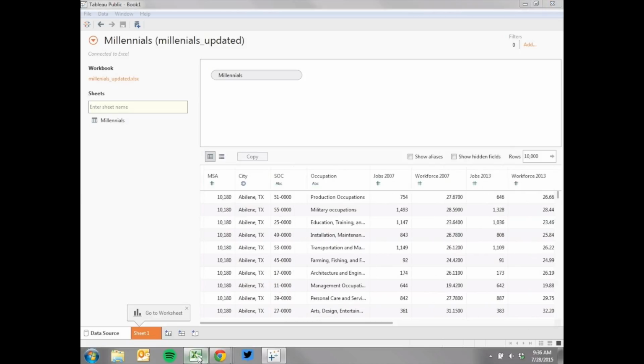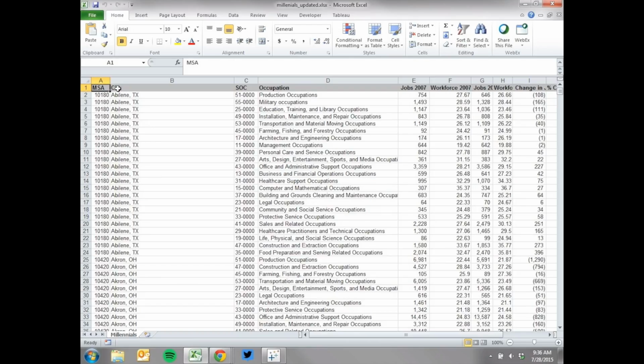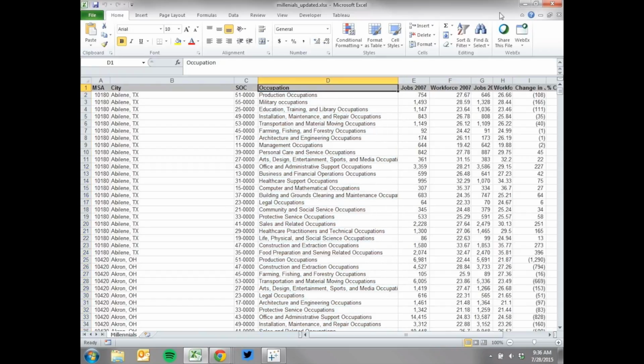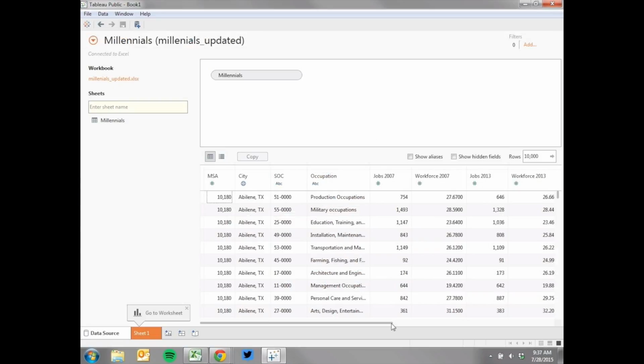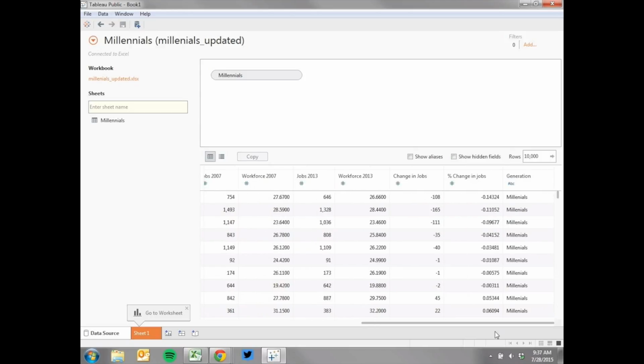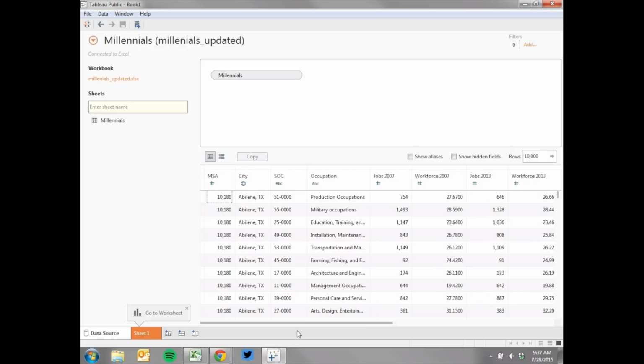And the first thing Tableau will do is give you a little preview of what your data looks like. So as you can see, it took all the things that were in the first row of my data set and used those as the names for these different variables. So we could see that all of these different variables are numbers. It gave this generation one a little ABC because it sees that it's text. It gave city a special little symbol that looks like a little globe here because it recognized that that's a